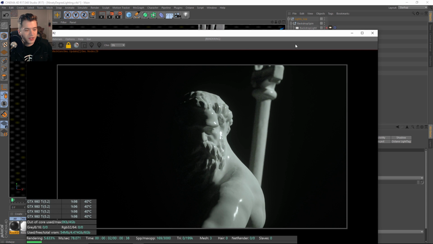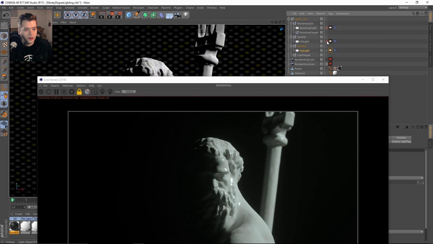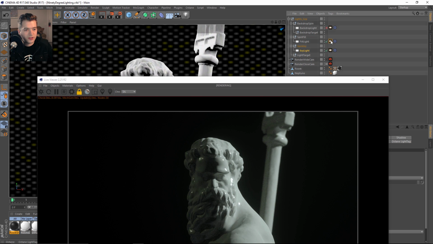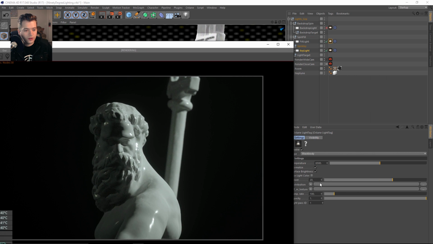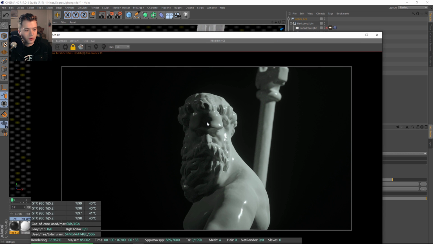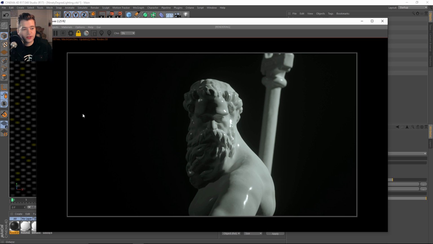But you can see as we add a fill to the left side with a smaller power or smaller intensity, then we get this core shadow that appears here on the subject. From 90 degrees left and right, we get this nice key direction and a little bit of fill to read the subject a little bit better.